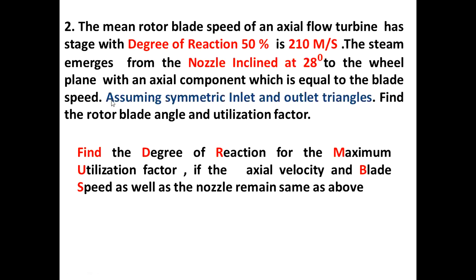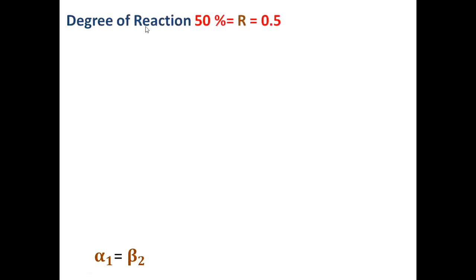For this one, maximum utilization factor you want to find. See, here they are telling you that assuming symmetric velocity triangle, you want to write the velocity triangle as usual. Two conditions are there. You go for the maximum utilization factor later. For that you want to find the degree of reaction. But before that, first solve the first problem, that is 50% degree of reaction. When it is given 50% degree of reaction, sometimes if you do not get any idea, then you can assume the symmetric velocity triangle. Sometimes they will give some glimpse. You can't take the symmetric velocity triangle. But here they are directly giving symmetric velocity triangle. That's why you want to consider this one.